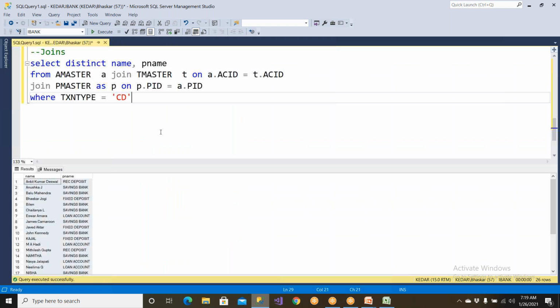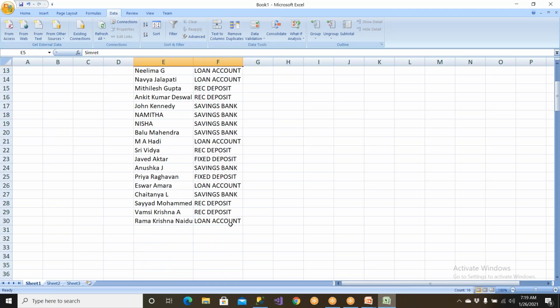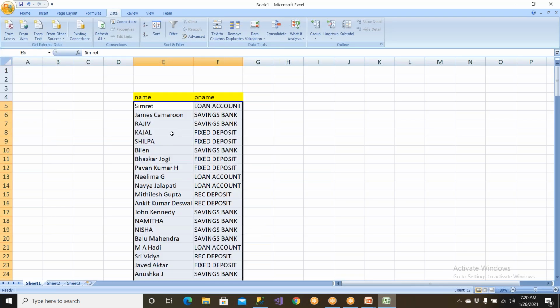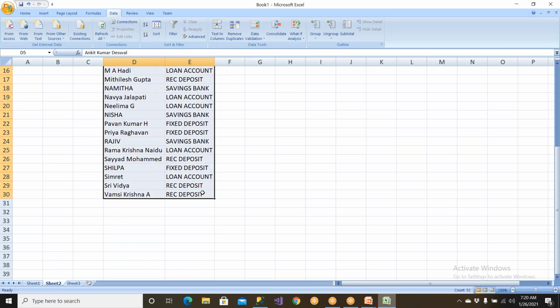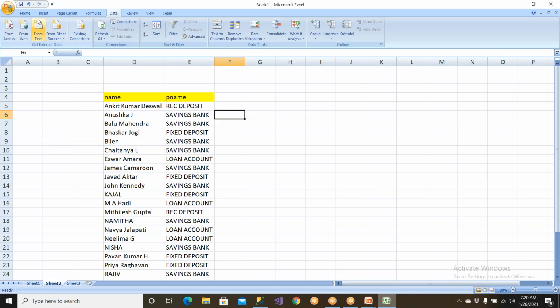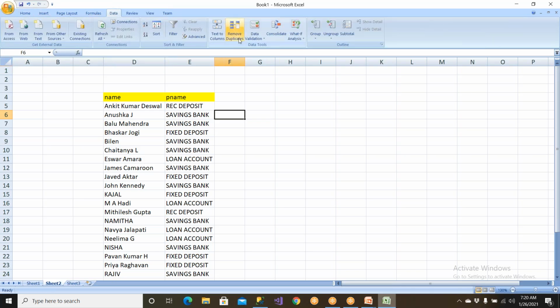So this is the SQL way of doing it. Clear? So different tools can do it differently. You should also know. You should also test how many rows we are getting. You can just count. You're able to get 26 rows. Okay. So you can also see 26 rows here as well. Okay. So this is the same data. If you wanted to remove any duplicates, Excel is going to give you a good provision. So in data, there is a tab called remove duplicates. Clear? So Excel is also very good